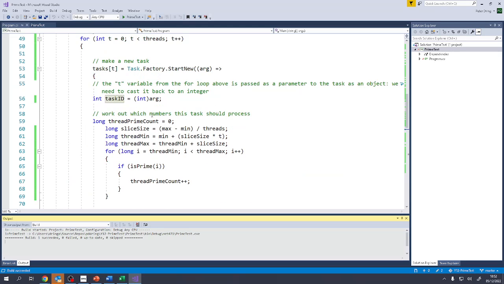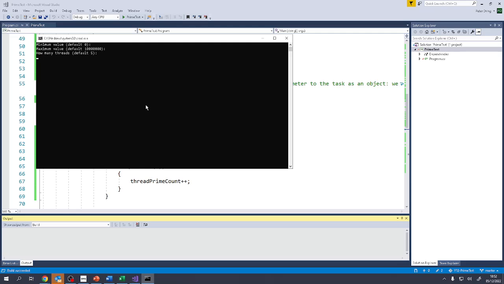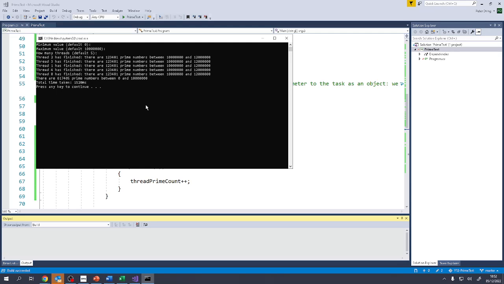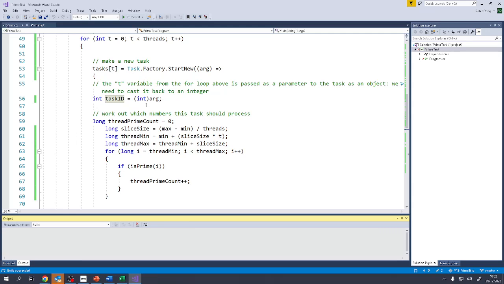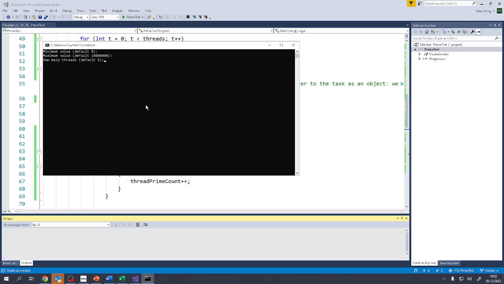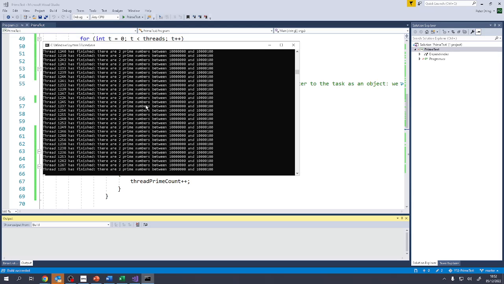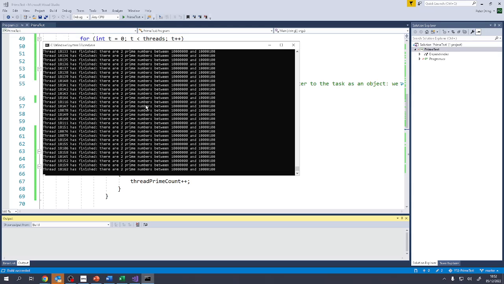So what's next? We wanted to test it with 100,000 threads. So let's just test it with 5 and remember how many there are. I think that's the right number, 617405. This time, with 100,000 threads, oops, I should have disabled this, it might give us the same number because